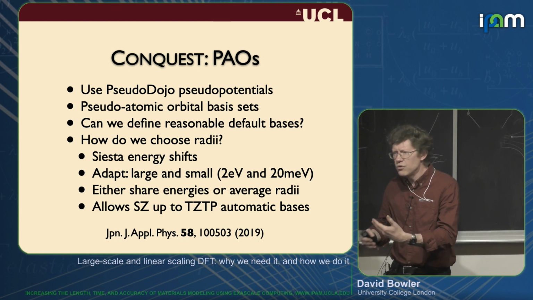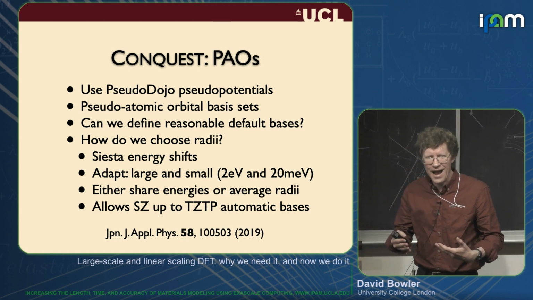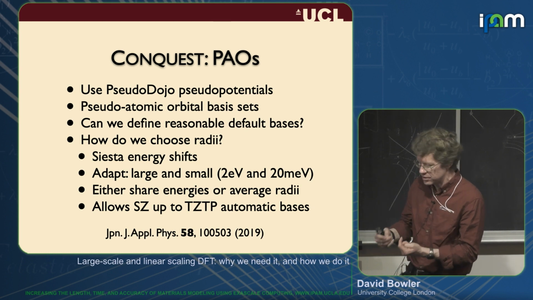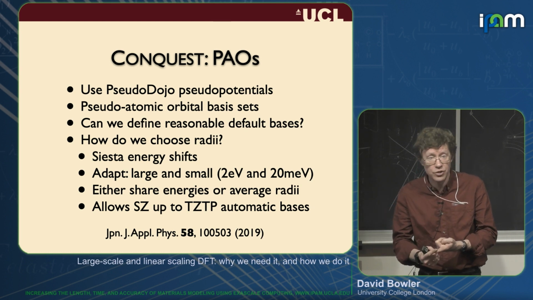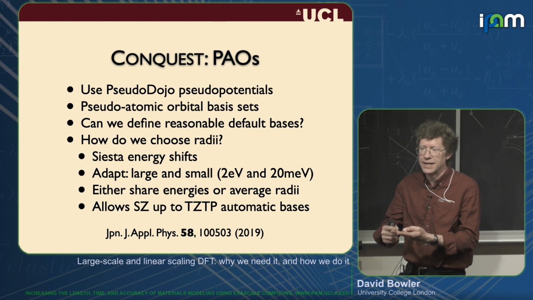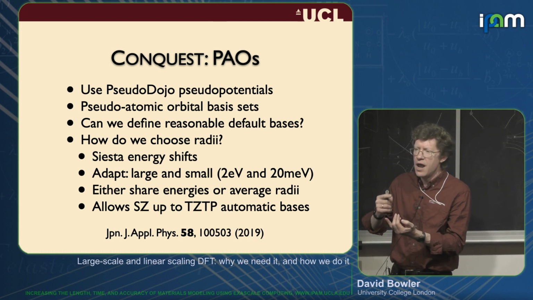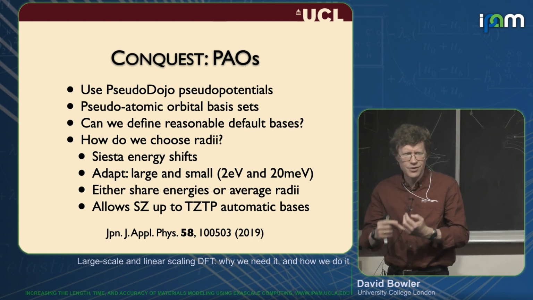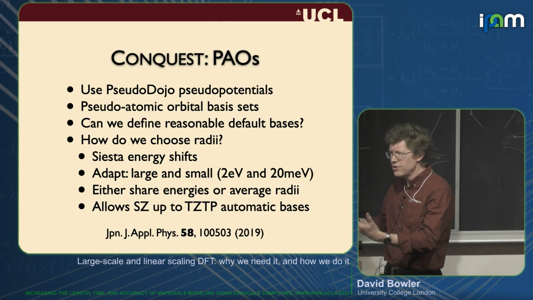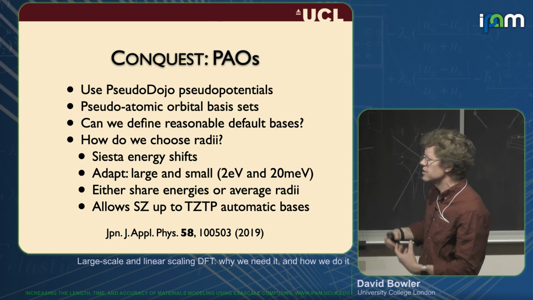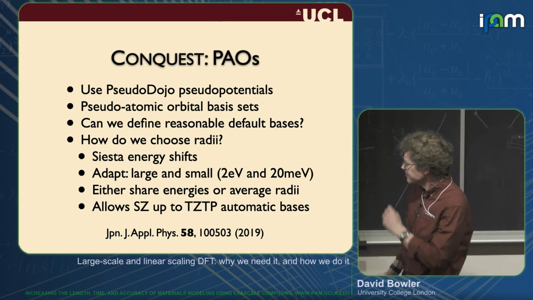And so how do you know what's reliable? How do you define sensible basis sets? So you've got the question of how many radial functions you want, the question of how many angular momentum channels you've got, and then how do you define the radii? Okay, so you said you've got different radii. How do you take all of these different ideas and make something sensible?